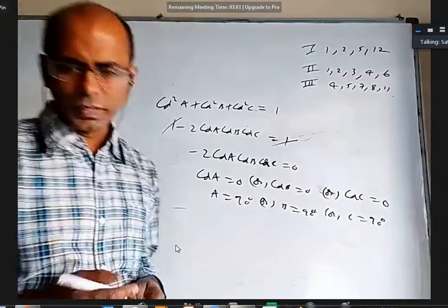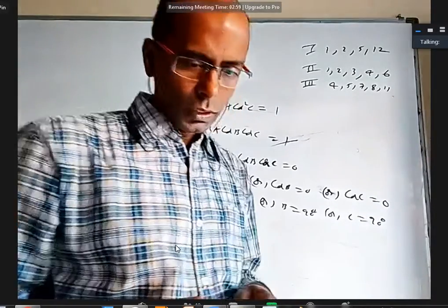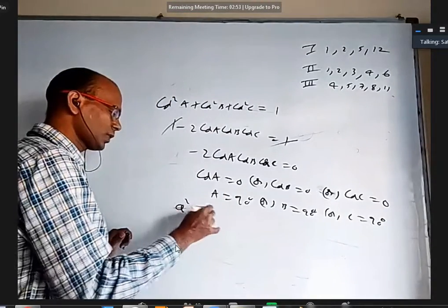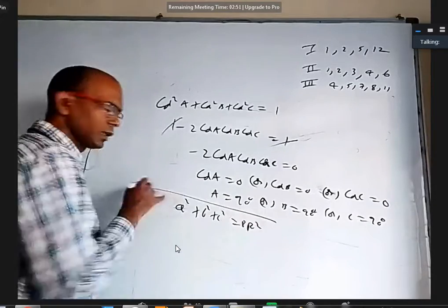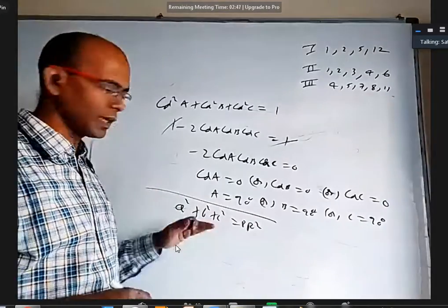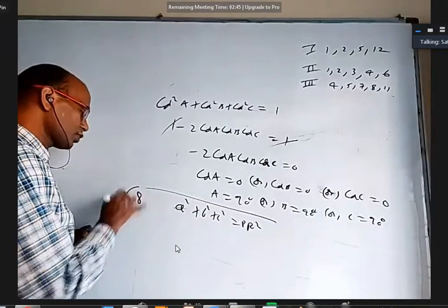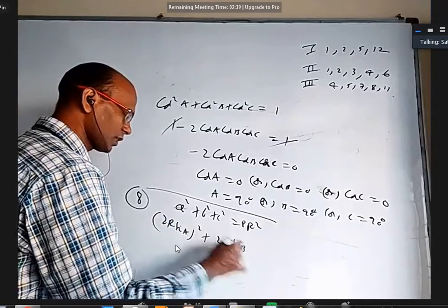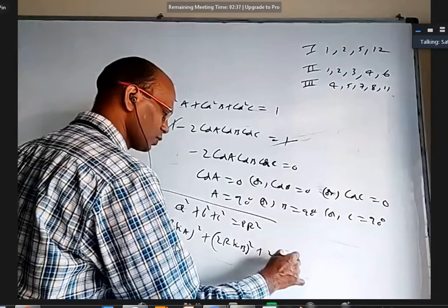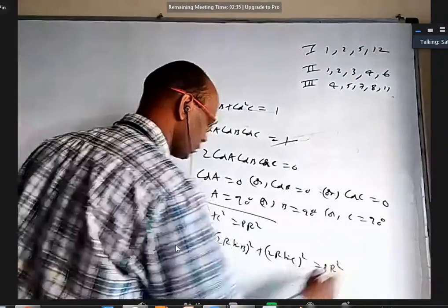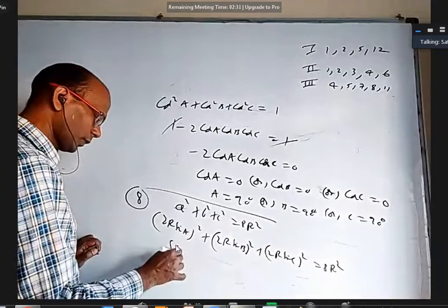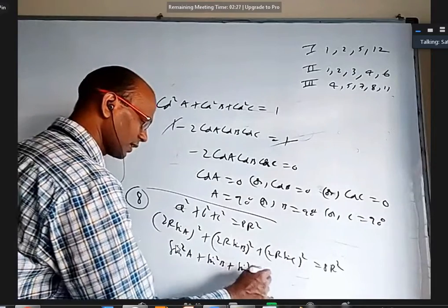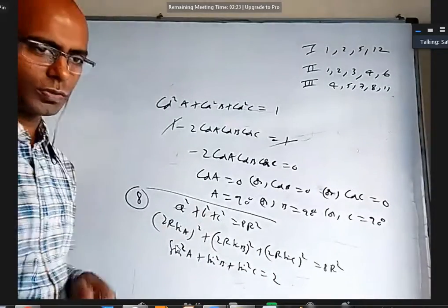One of the reasons they might have given this question is that the very next question, the eighth one, is almost the same. Only thing is that instead of giving it like this, they gave A square plus B square plus C square equal to 8R square. This they cannot ask in the previous chapter, so we have to ask here and we have to use sine rule. In the eighth question, you write A as 2R sine A whole square, this is 2R sine B whole square, and this is 2R sine C whole square equal to 8R square. When you cancel 4R square, you will get sine square A plus sine square B plus sine square C equal to 2 after cancelling 4R square.